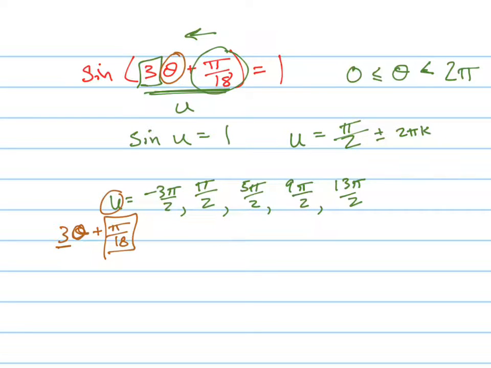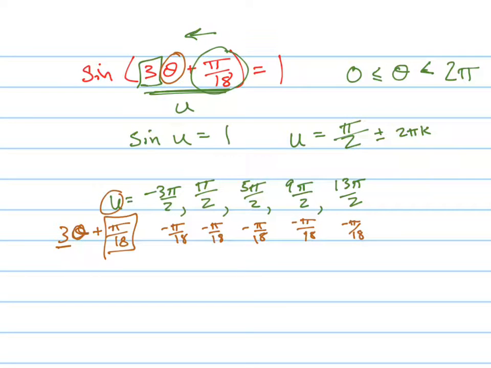Now, let me point something out. This is an instance where it would be better to find your first solution and then add the period to it as many times as you need to, because it's less work. So let's do it both ways. If I subtract pi over 18 from all these things,